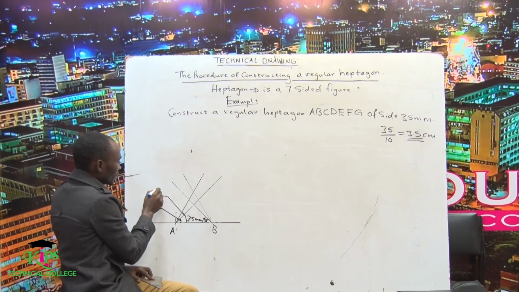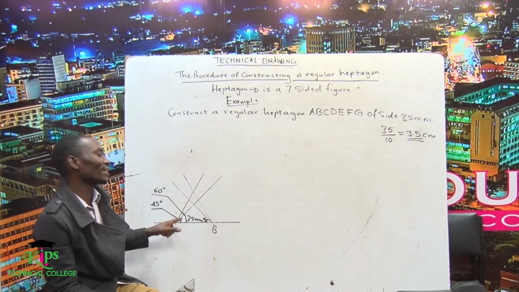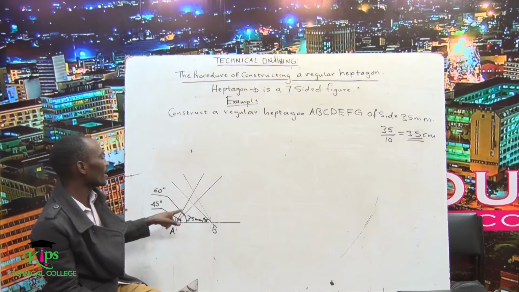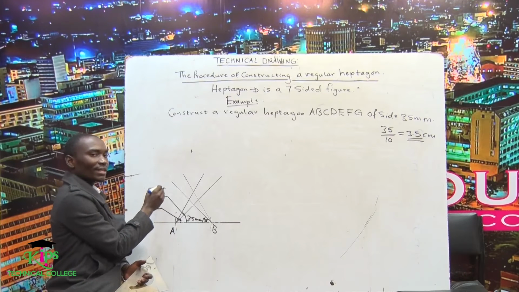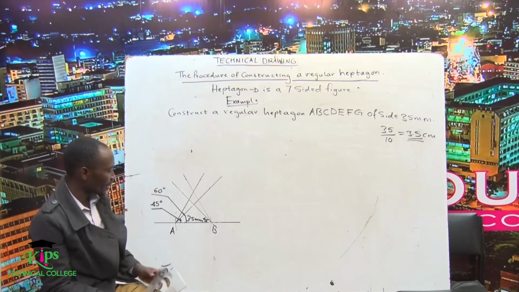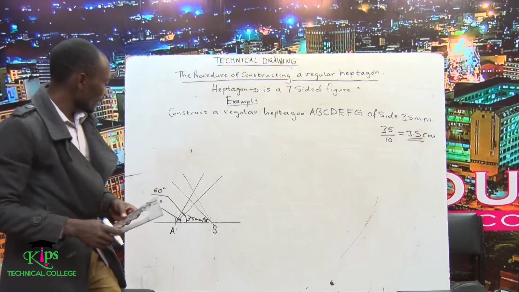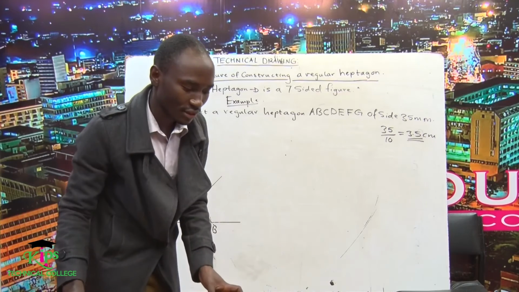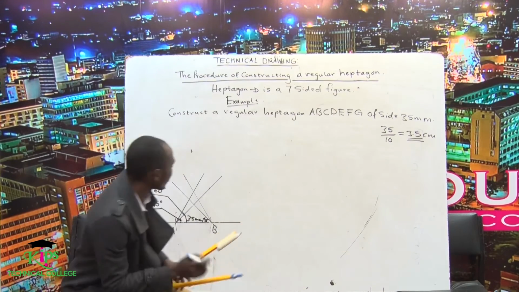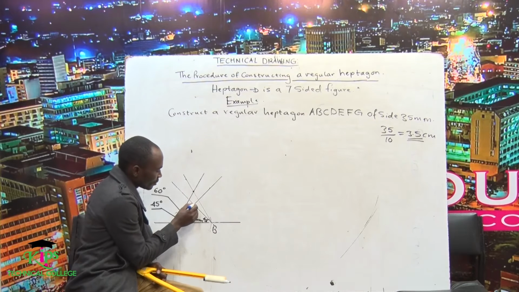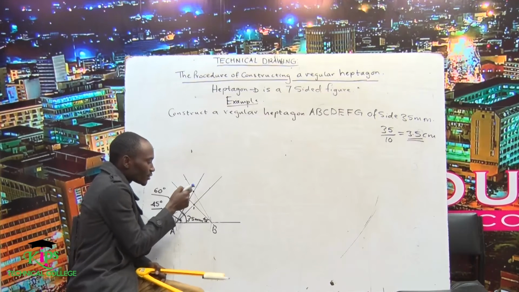This is 60 degrees. Whenever you are labeling angles, ensure that you touch at that angle, extend a line, then make it horizontal, and write the degrees on top of that line, like this. This is 60 degrees. Then after that, you will bisect those 2 points. Let me call them point 1 and point 2. I will bisect point 1 and 2.